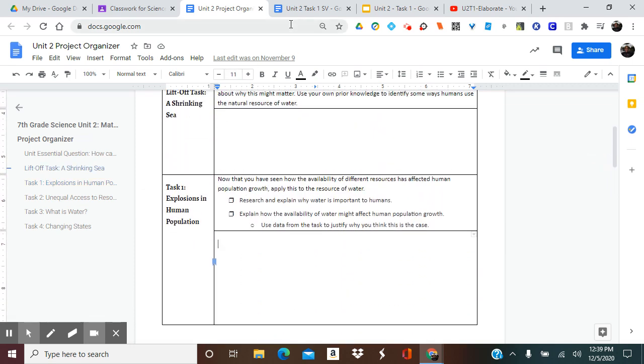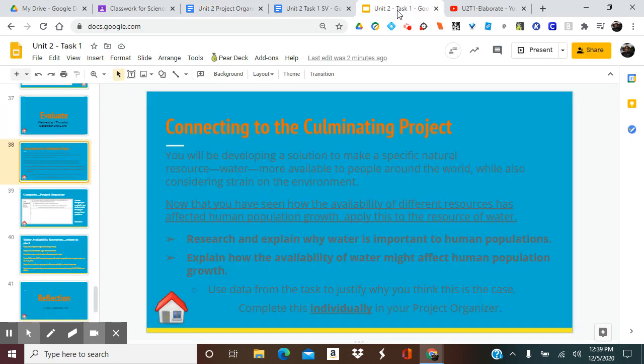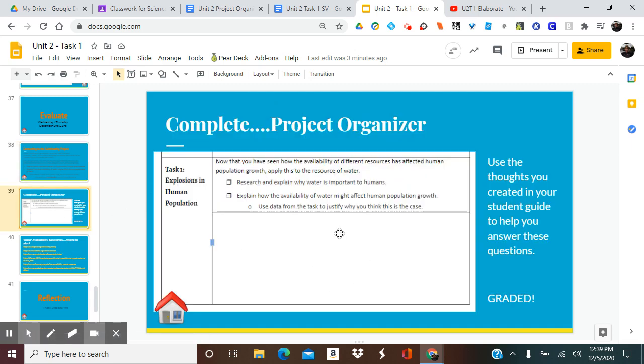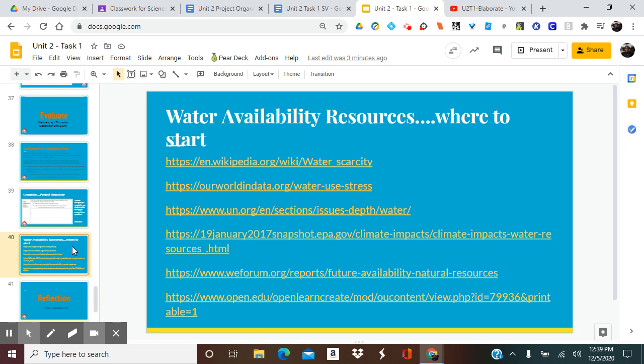All right. What I've done is, this is what you're answering, and yes, I'm grading it. I want to see that you are actually thinking ahead and thinking about why these things are important and how they're going to affect population. Okay, I want to know that you're going in the right direction with this project. I did start you out. There are some websites here